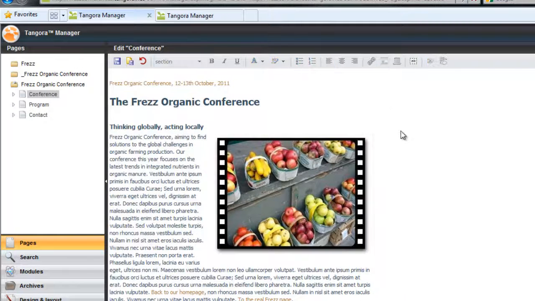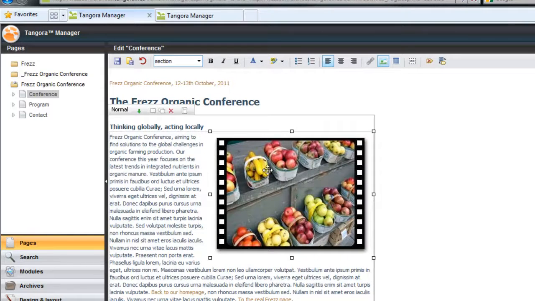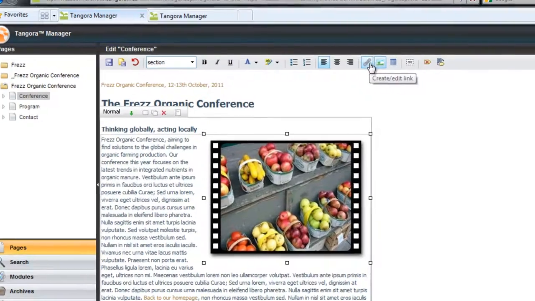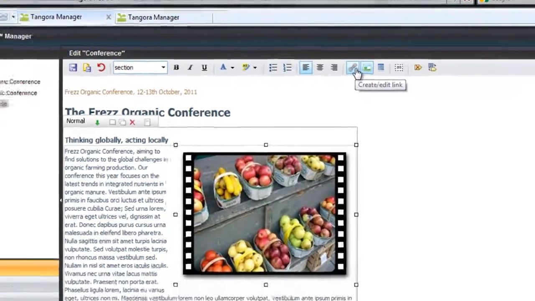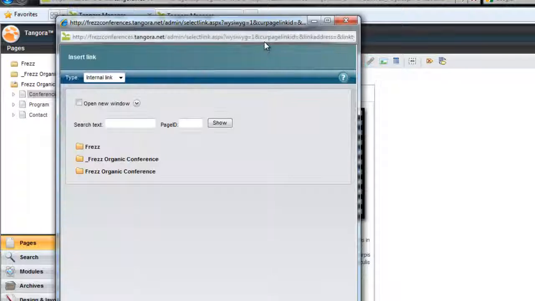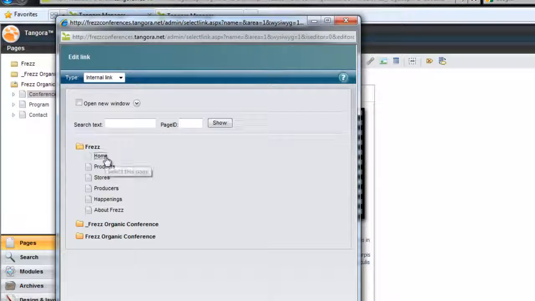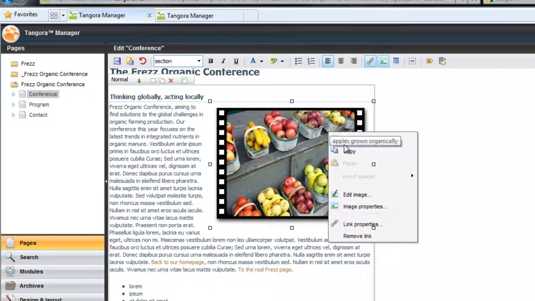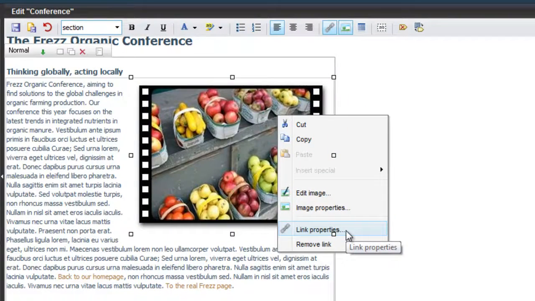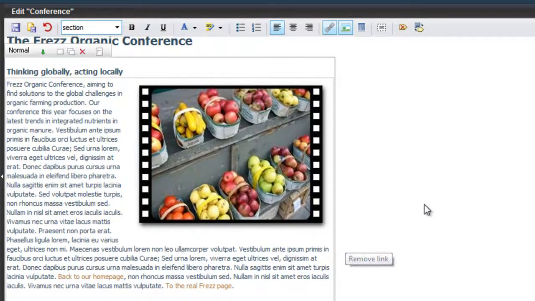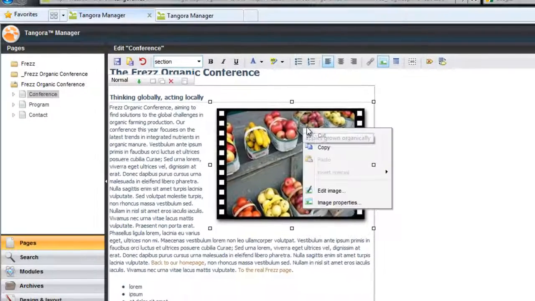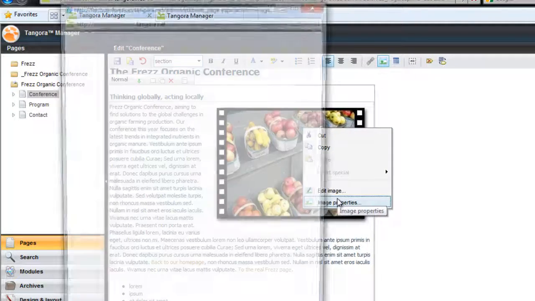But making images into links is a relevant thing, so if I hop out here for a second, I'd just like to point out that you may add a link to an image simply by selecting the image and using the link button in the text editor up here. And if you do this, as you can see, then you'll have some new right-click options, so you could go in and adjust your link or delete your link. But let's go back to the properties.